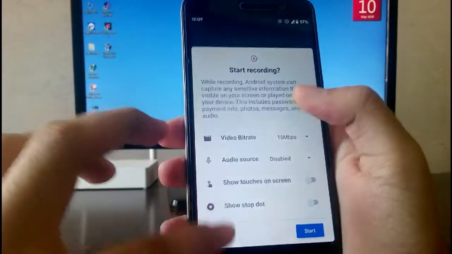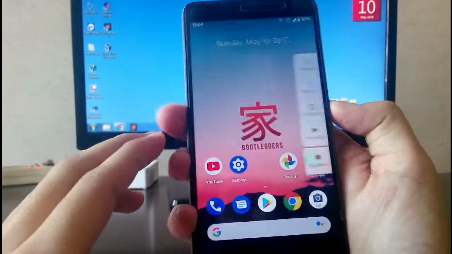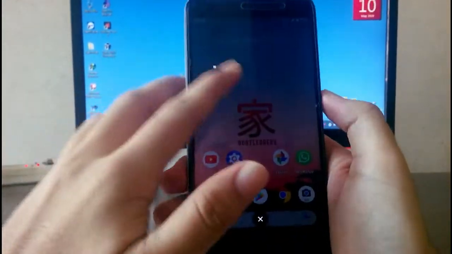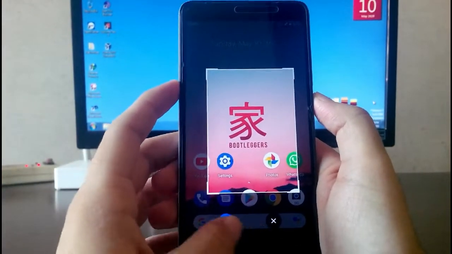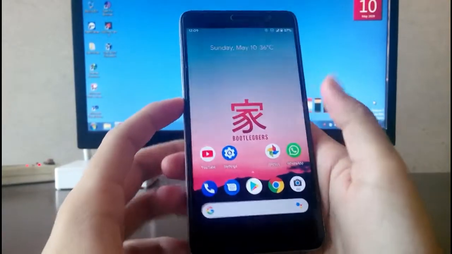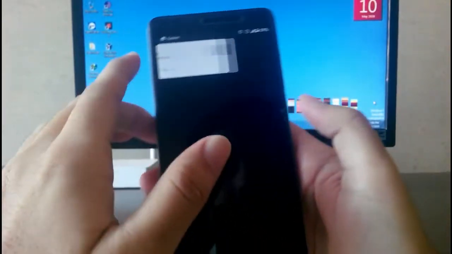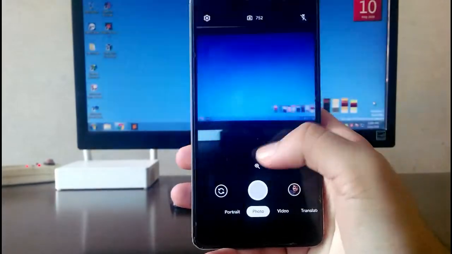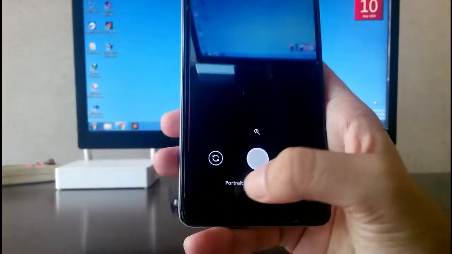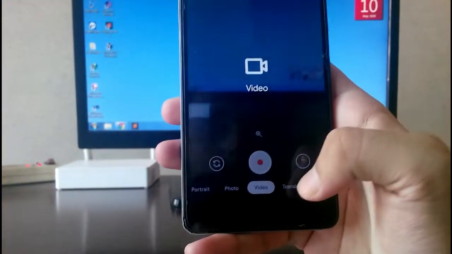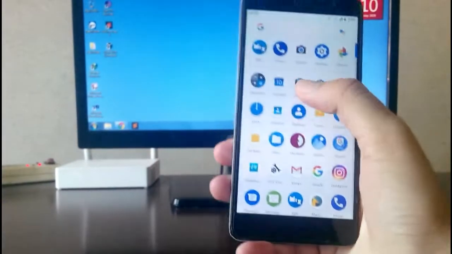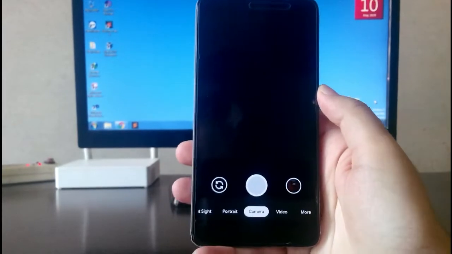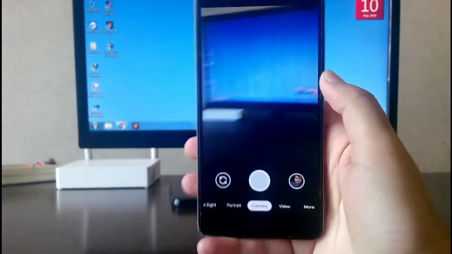Screen recorder just works fine. Then you have also the option for the partial screenshot. Just press and hold on the screenshot option and you will be able to take the partial screenshot here. Talking about the camera, you get the inbuilt Google Camera Go version available here, and it is working fine. And you have this portrait mode, then the video mode. Okay, then talking about the Google Camera 7.3, it is working absolutely fine. No problems for this Gcam.